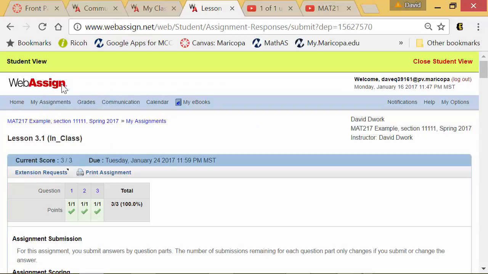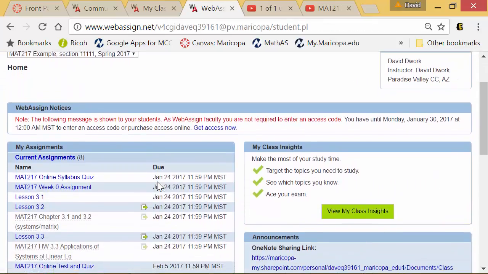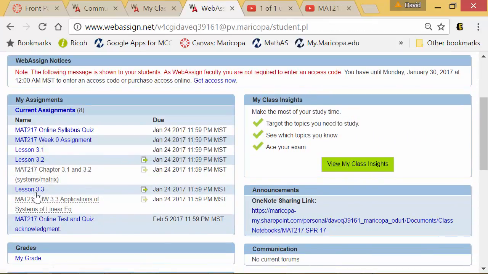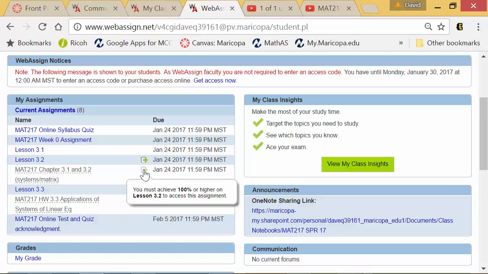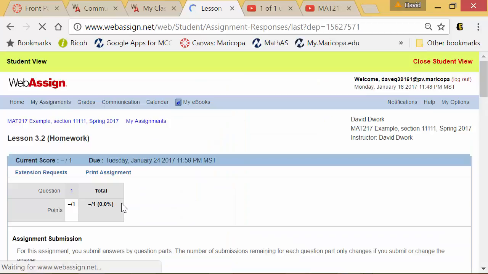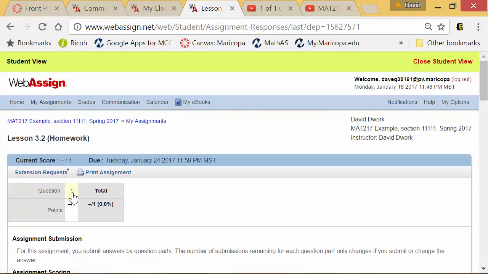So in here, let me back out to the main home screen. You're going to go through the lessons for 3.1, 3.2, 3.3. And you will notice the homework section here for MAT217 chapters 3.1, 3.2 is grayed out. Well, that's because if you click on it, you'll see you have to get 100% or higher on the lesson 3.2. So once you complete this lesson, once you've gone into here, now notice they usually won't